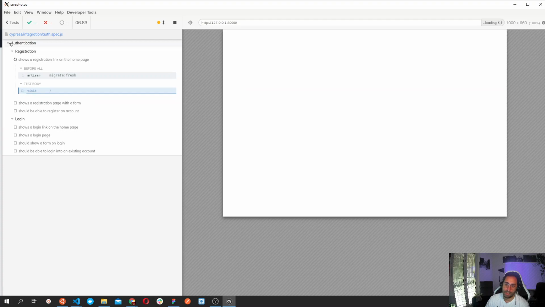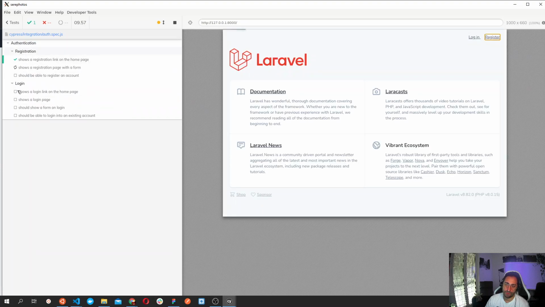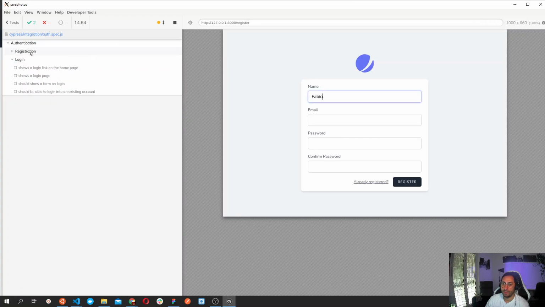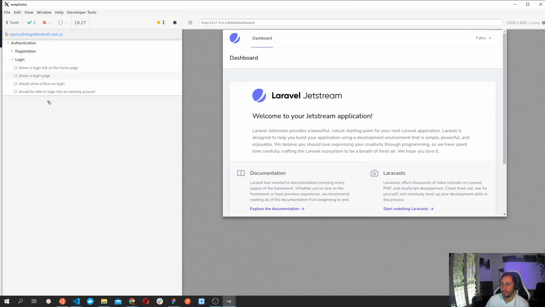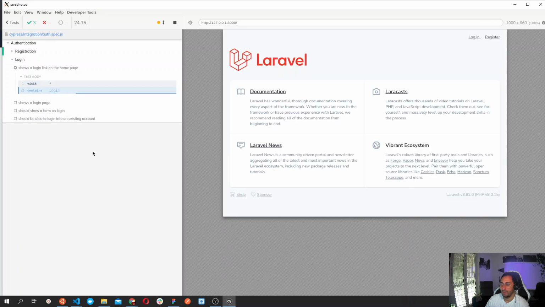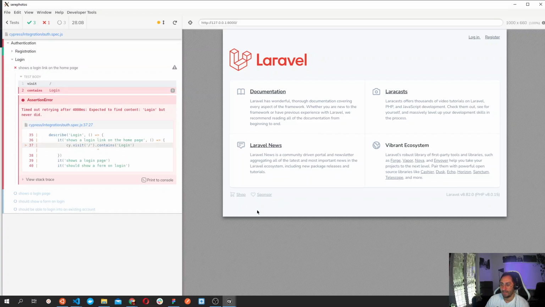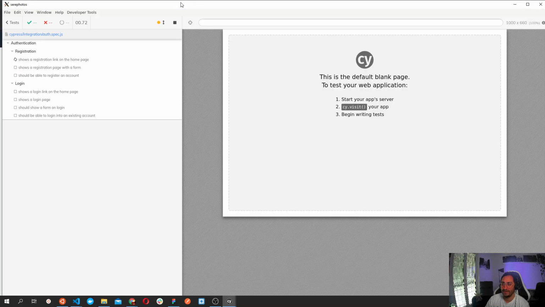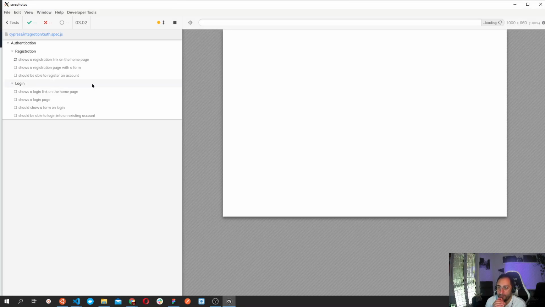So you see, we have these two groups inside the authentication context. So here we group all the tests for the registration, and here all the tests for the login. So okay, the first set of tests is gone, fine, and then we have a login, and that should fail because it's "log in" with a space. So I'm not going to fix the actual text on the Laravel page, but